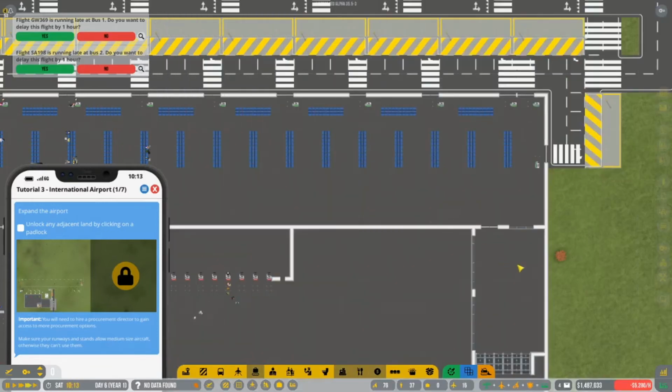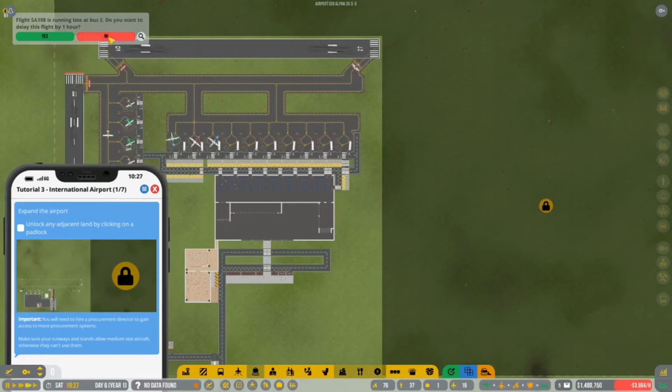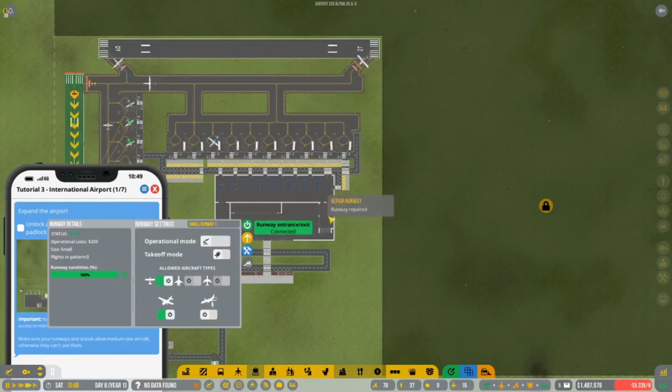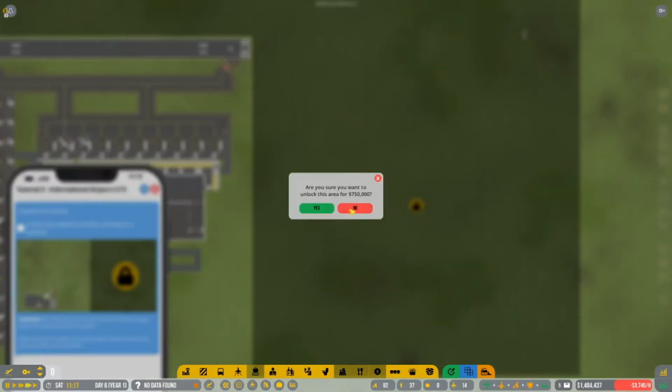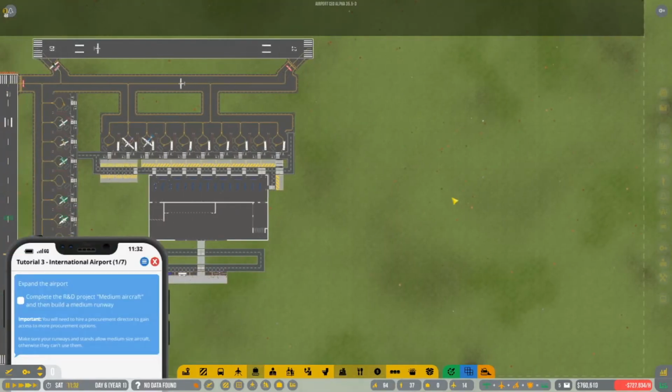So what we can now do is, no, we do not want a delay. Delays cost money, and delays are something we cannot afford at this moment in time, because delays are really quite silly, to be honest with you. So we're going to buy this piece of land here, and we can then start expanding our terminal over here and place some big